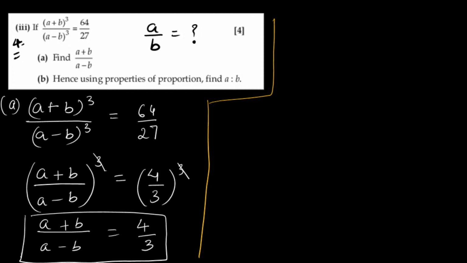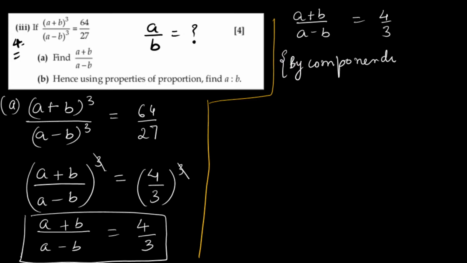Yes, componendo and dividendo, because we have (a plus b) by (a minus b). We have the value (a plus b) by (a minus b) is equal to 4 by 3. See, when the same terms are getting added as well as getting subtracted, you always have to apply componendo and dividendo. Okay, so by componendo and dividendo,